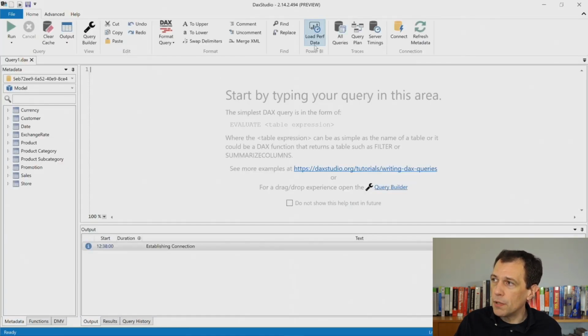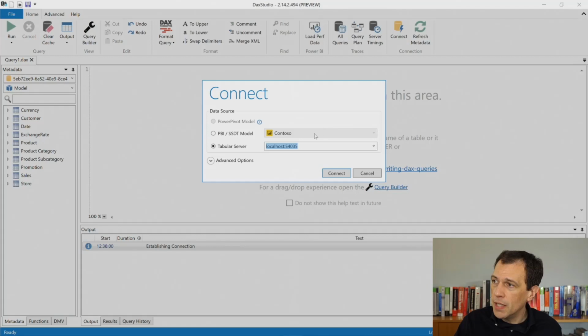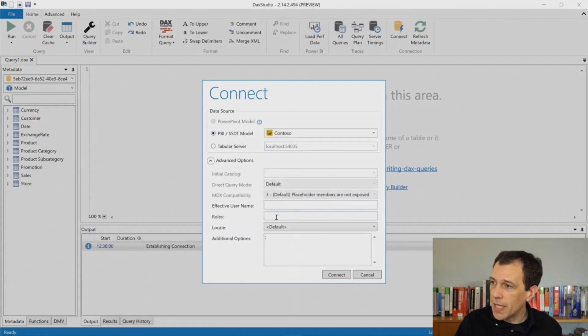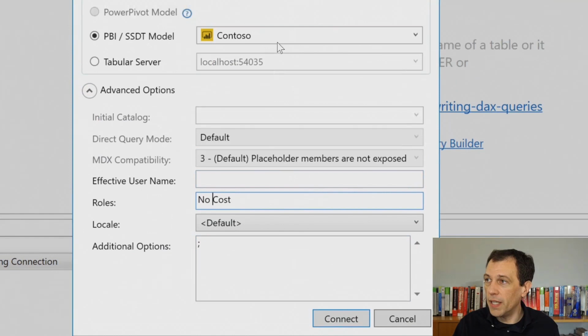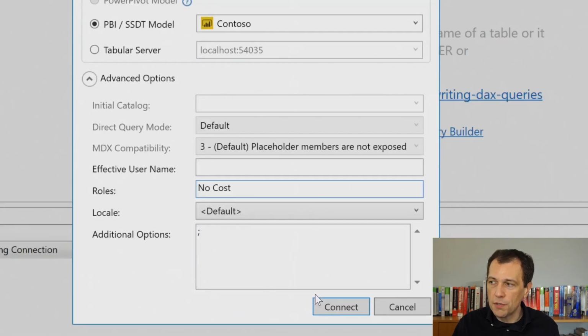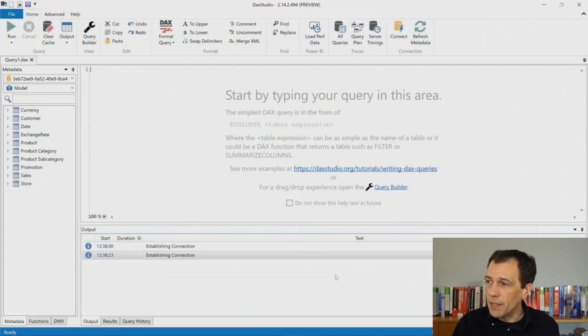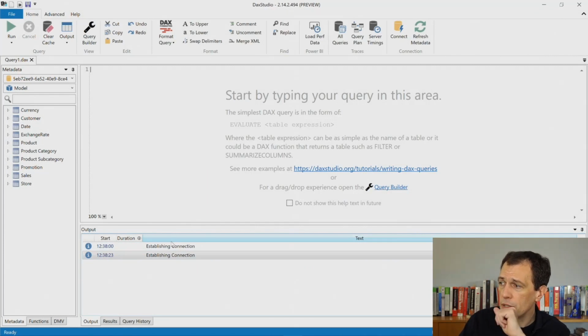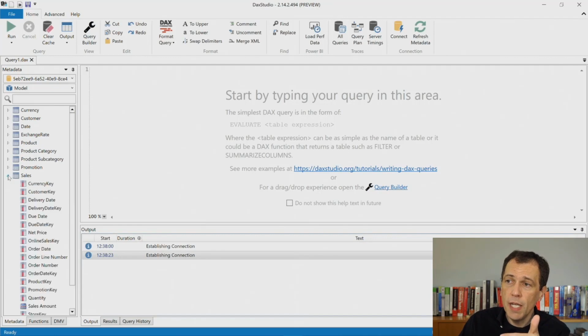DAX Studio has a feature. When I click connect, I can choose to connect to Contoso here. But here, I want to create a connection string that says I want to impersonate the role no cost. I show you this highlighted, so I'm creating this connection string, right? So when I do that, this connection string is actually using the user as no cost,